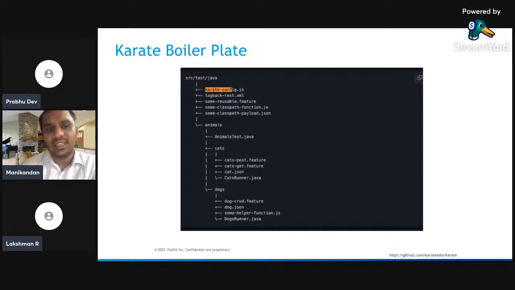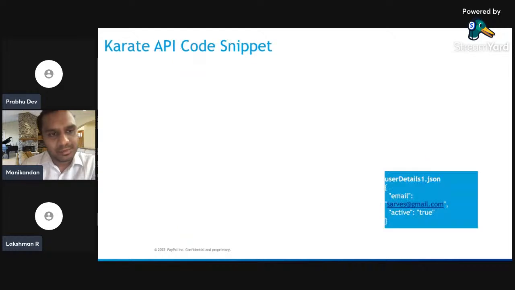Suppose, for example, I am going to pass my cat name as Mac. It will take that and automatically inject it into this post.feature. These feature files are injected into the cat's runner.java, integrated with JUnit. It will pick them up and we will be able to execute our script. That's all about the Karate boilerplate. Moving to the next slide.